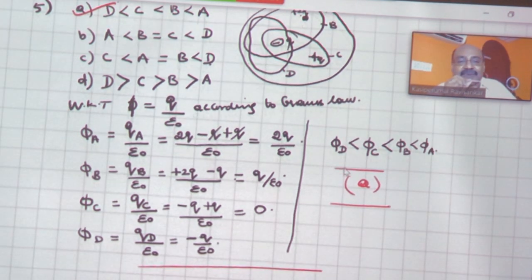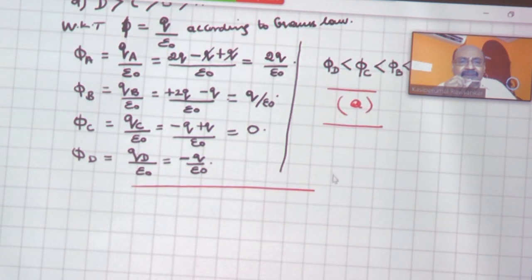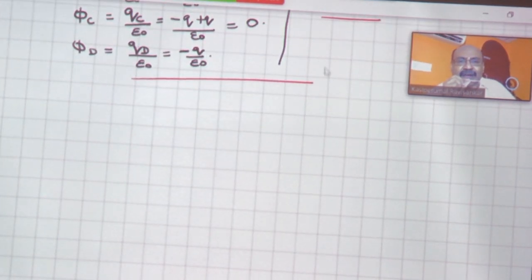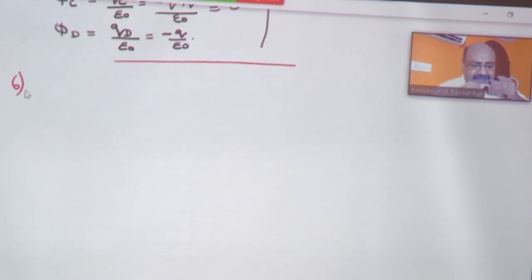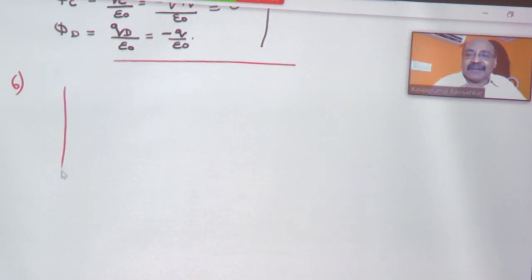What is the next one? Come on, question number 6. Look at your book and read the question. What is question number 6? The total electrical flux for the following closed surface, which is kept inside water. Here also they have given the same concept, but here the medium is not air, but water. The diagram has a beaker inside which you have